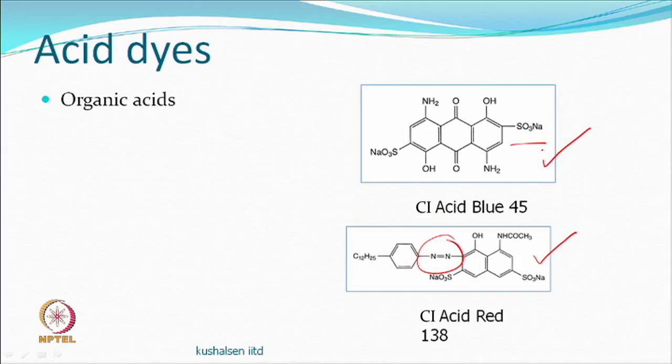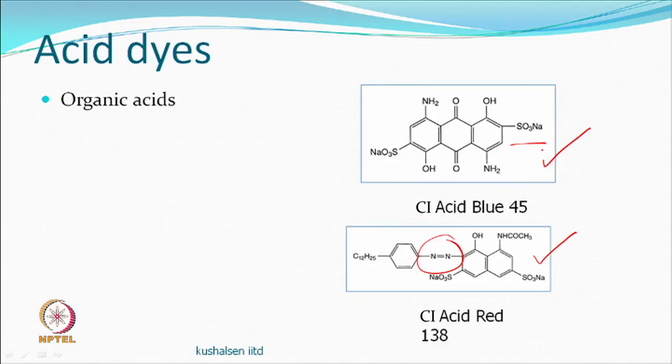Theoretically, the kind of fiber that we use these for will have a positive charge, while the dye has a negative charge, so they can go there and make an ionic bond. They are acid dyes, generally organic acids, and therefore they are called acid dyes. So, they are basically acids, and you can react them with alkali and make sodium salts, other than also the solubilizing group.